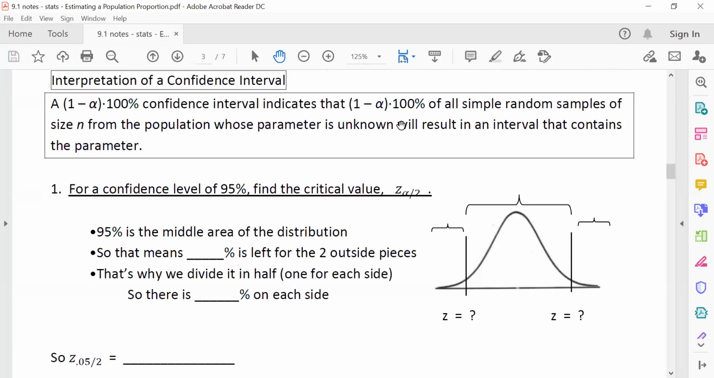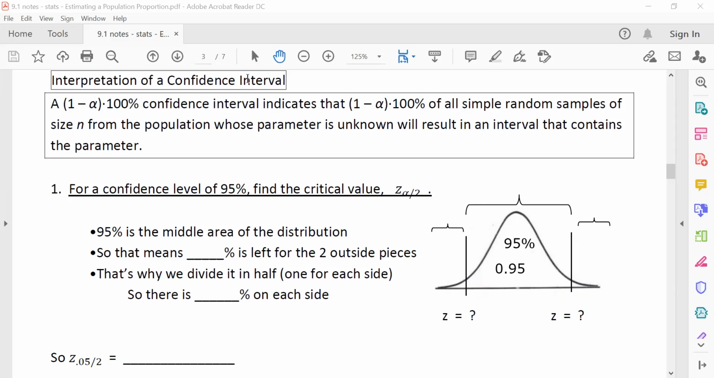How in the world do we find that z alpha over 2? What in the heck does it mean? Well, if you wanted a 95% confidence interval, that means you want 95% of the data to fall in the very middle of the standard normal curve. Remember, that's 0.95 as a decimal. We want our confidence interval, which means we want to cut off these tails here. The amount of data that's left for the tails,